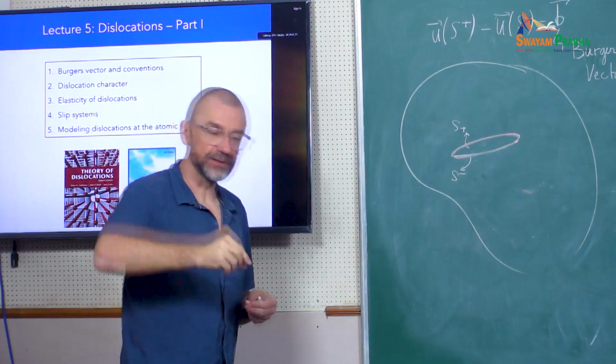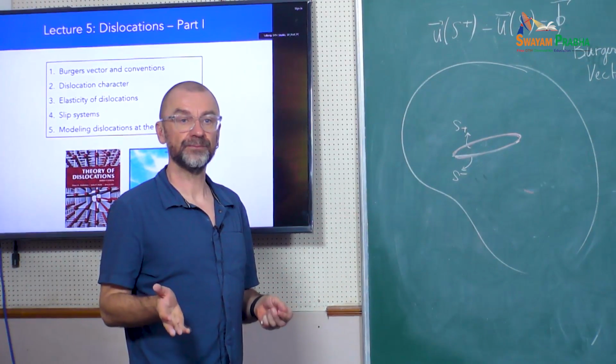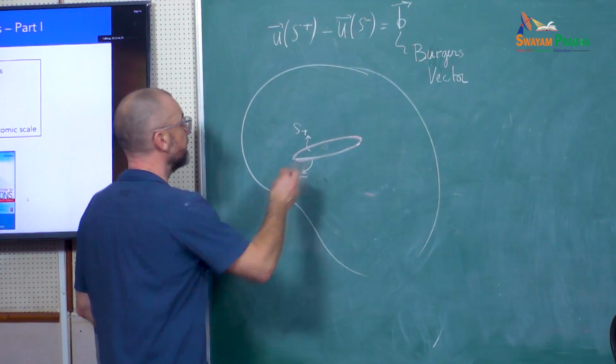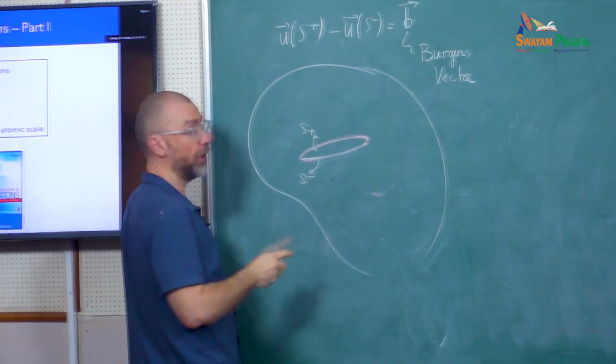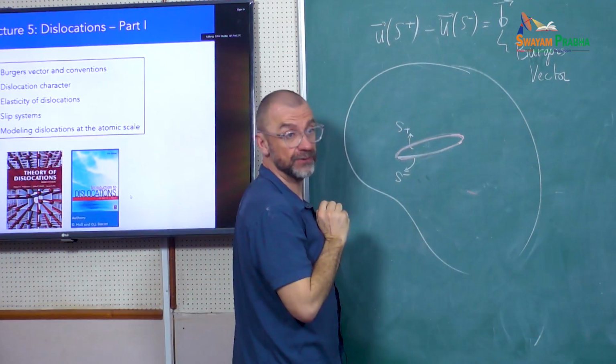Since it is the border of a 2D surface, it is necessarily a line. So the dislocation is the defect that borders a surface on which there is a discontinuity in displacements equal to